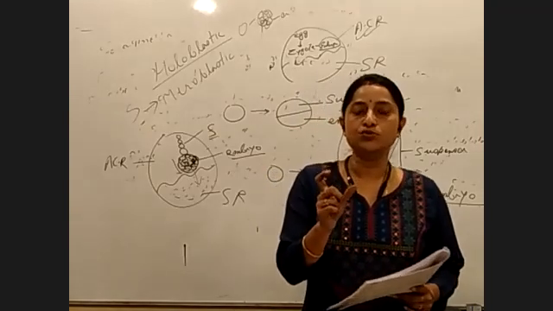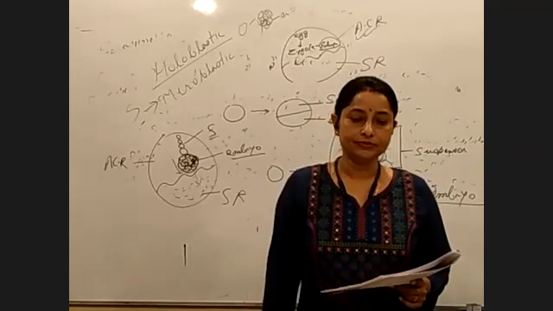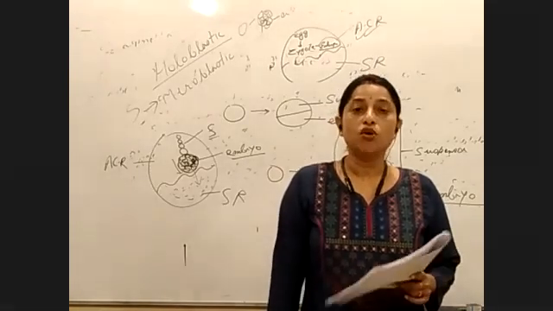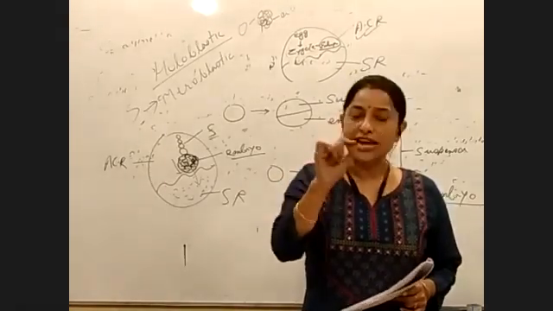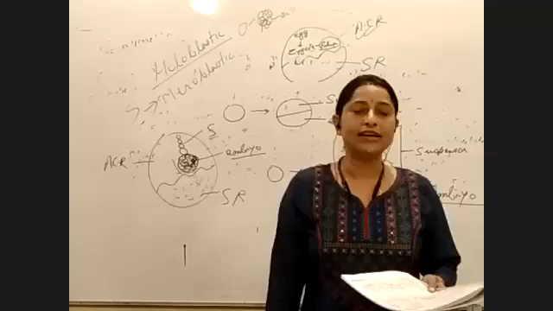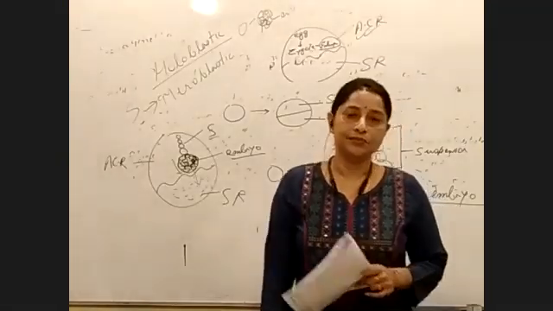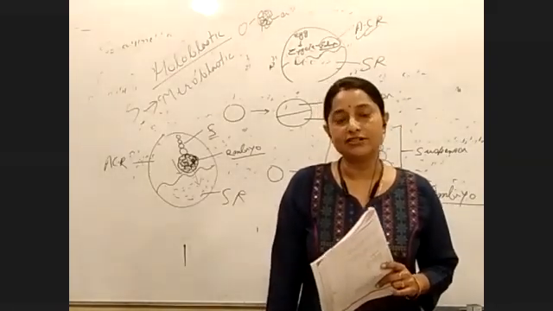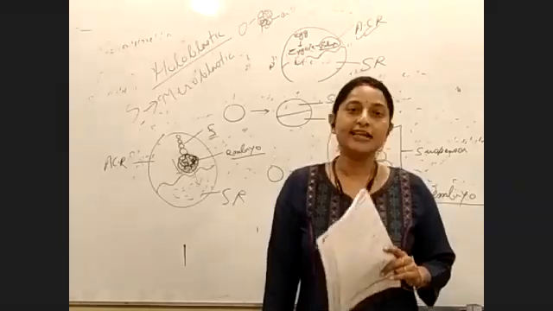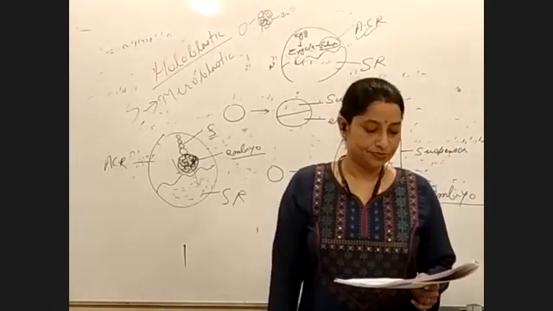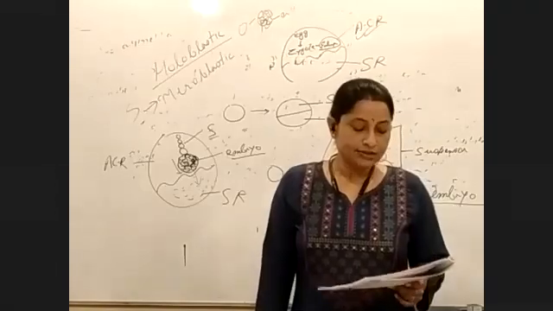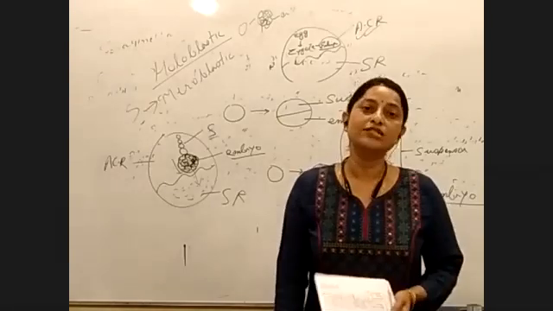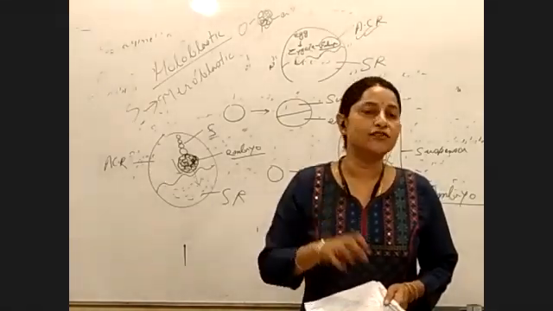Do you see the word oospore written here? Yes, ma'am. Can you see? So what is the oospore? Write in brackets: zygote. The other name of the zygote is oospore. Right? Questions often come on this, so don't get confused by the term. What is the oospore? It is nothing but the zygote. Right? So the zygote will form the suspensor cell and the embryo, and the embryo will ultimately develop into a sporophyte. So this is all about the life cycle of Selaginella.